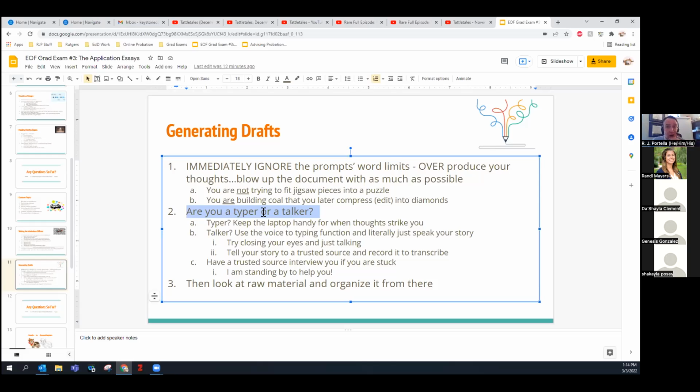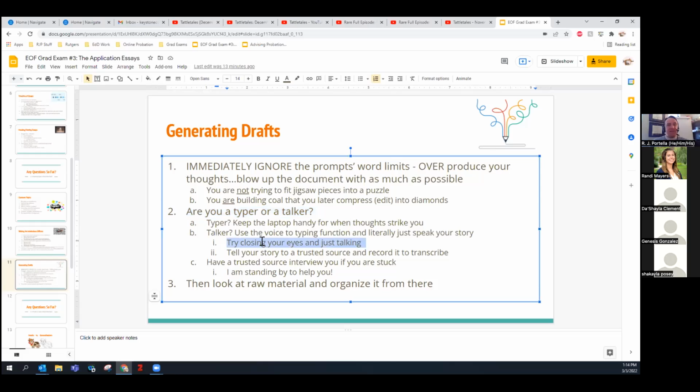But remember, if you're a talker, meaning that if sometimes you sit down at a keyboard and completely freeze, even though you know what's swirling around in your head, what you might want to do is use that talk to text function and put on the microphone and just start talking. Maybe if you have a friend who would sit with you so you can pretend you're telling them that story, they can even ask you questions to start generating more material. And the next thing you know, you talk for like 10 minutes and you've got 2 pages worth of raw material that you can then look at.